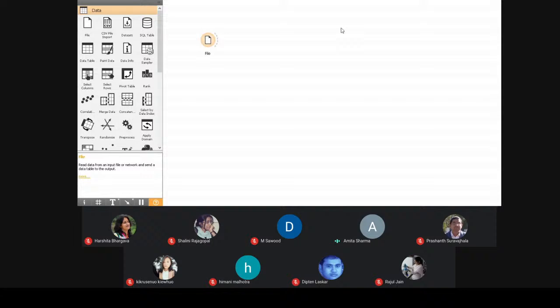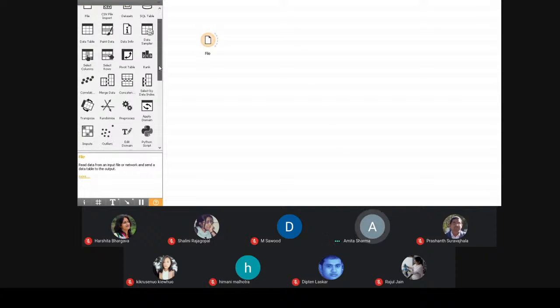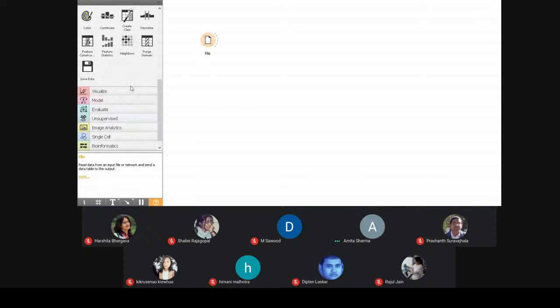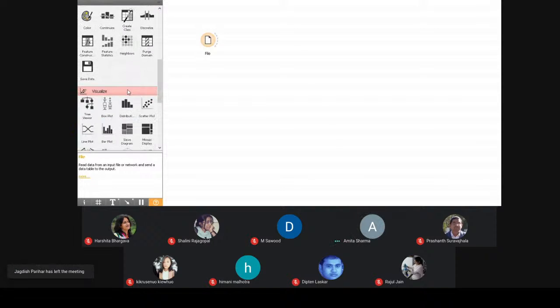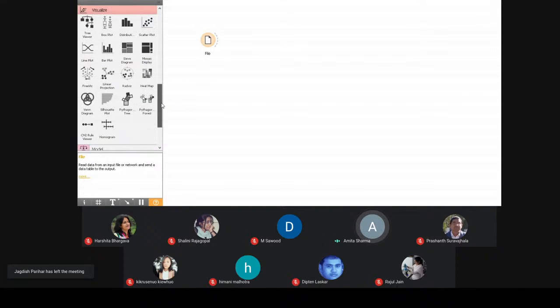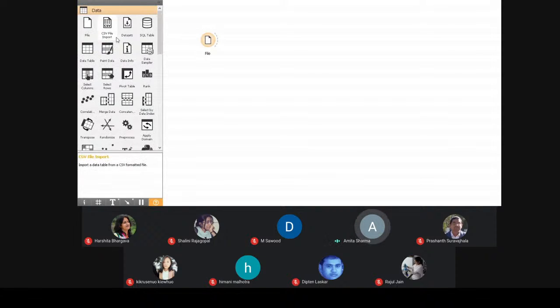Okay. Now in the second step, if you want to visualize your data or you want to find the scatter plot from the data, then there are other options available in the visualization widget. Using this visualization widget, you can get different kinds of plotting. Before moving towards visualization, I'll just tell you about the data table also.